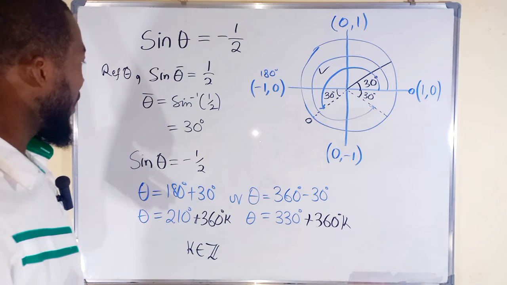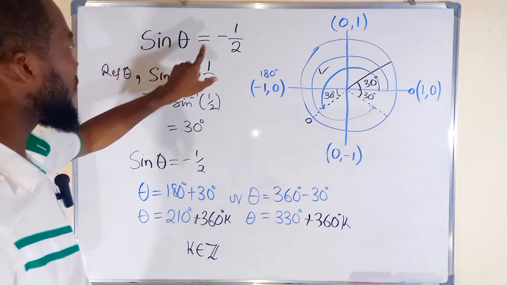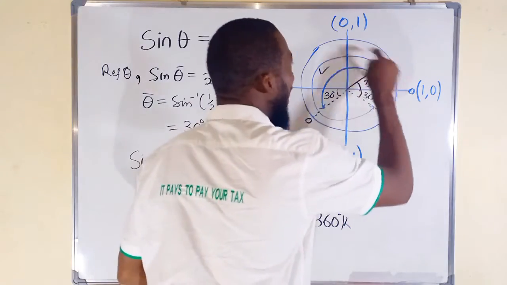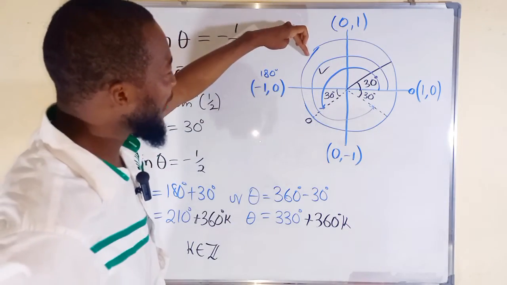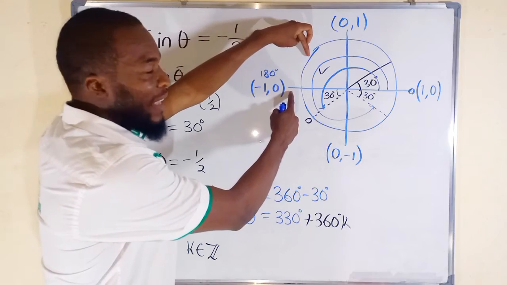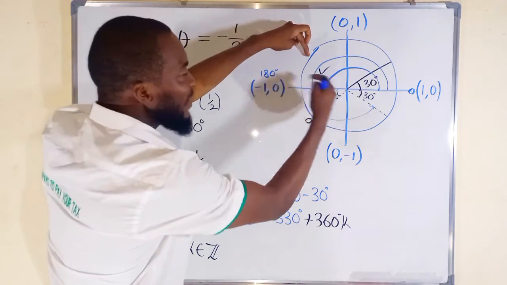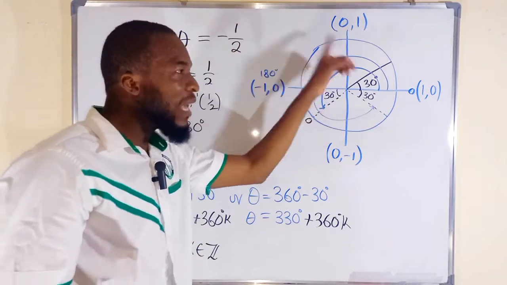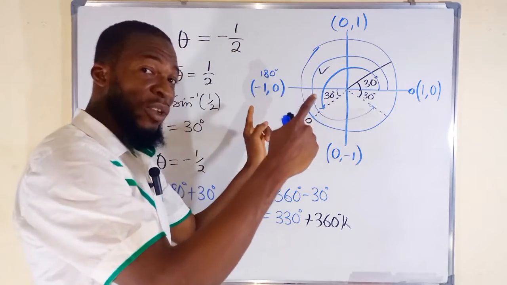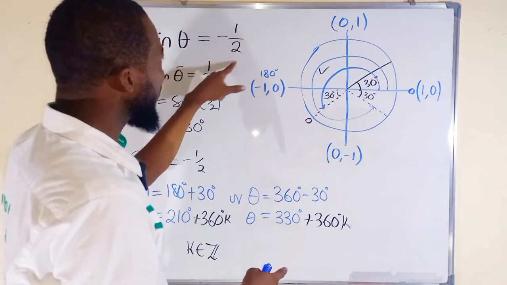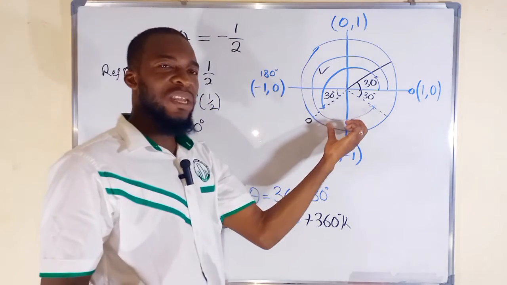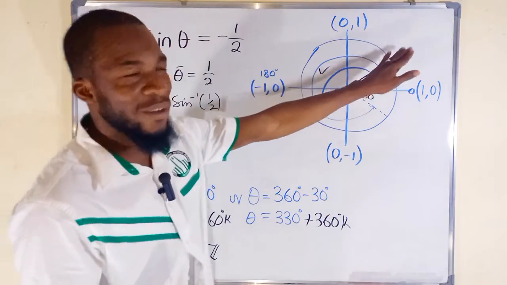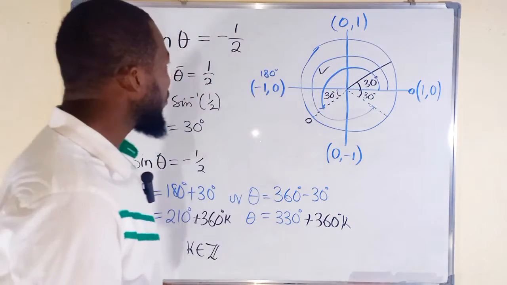But had our original equation been just equal to 1/2, your solution would be here and here. So the second solution here will be less than 180. Therefore, you have to take away 30 from 180, which is going to give you 150. So it will be 30 and 150 in the first and the second quadrant. But because our output is negative, the solutions must be in the third and the fourth quadrant. So this is how to use the unit circle as well as the reference angle to find the solution to this